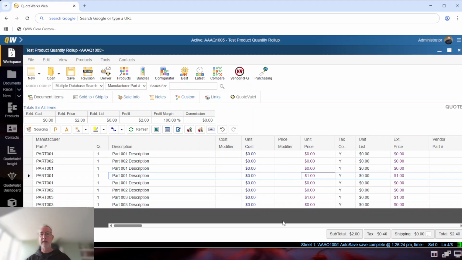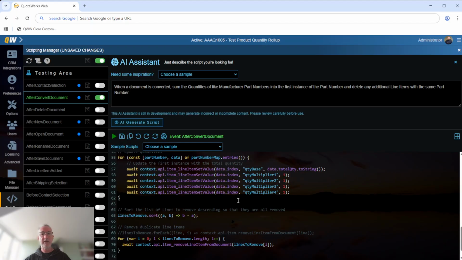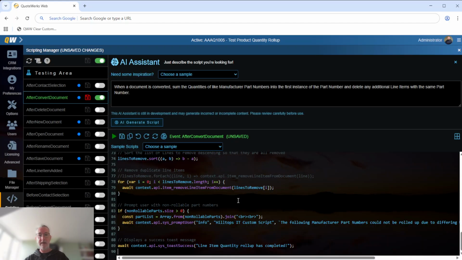So feasibly you could have parts with the same part number but different costs and or selling prices on them. So what I wanted to do was, if that's the case, then not roll those quantities up. There might be a reason for those different prices. It might be a complete mistake as well, but in order to make sure that the resulting order in terms of the total cost, total selling, matches the original quote that it came from, I wanted to prevent that from happening, and that's what I've done in this script. If we grab that and paste that in there,